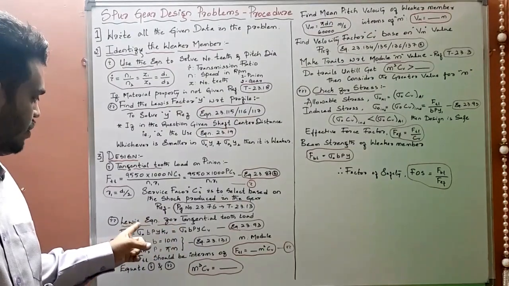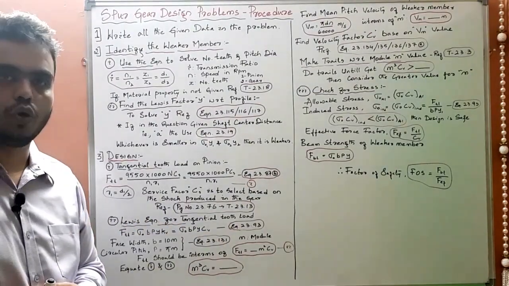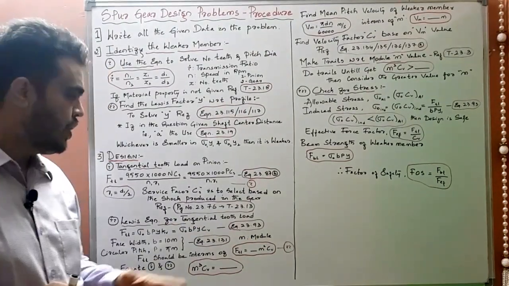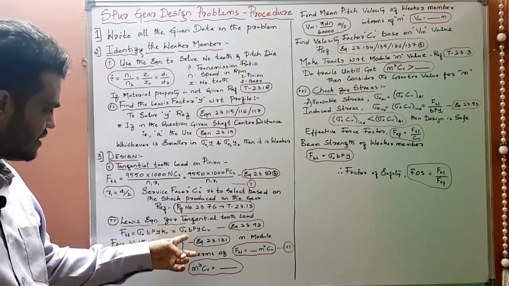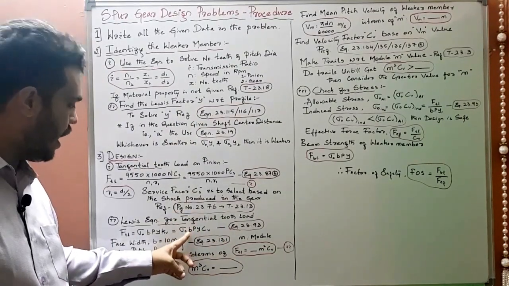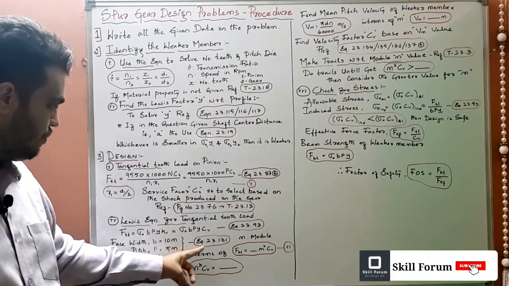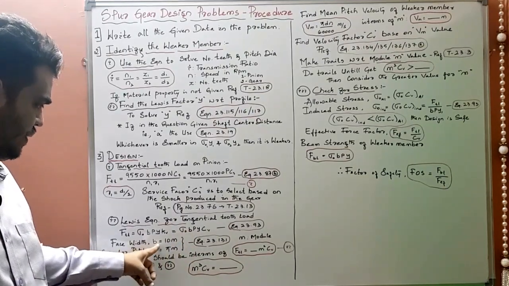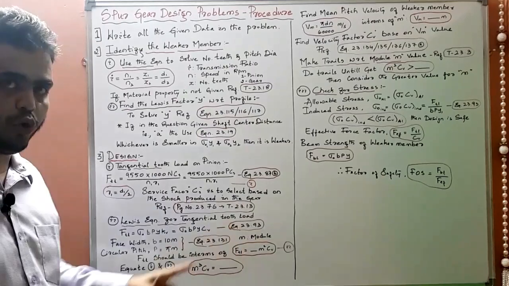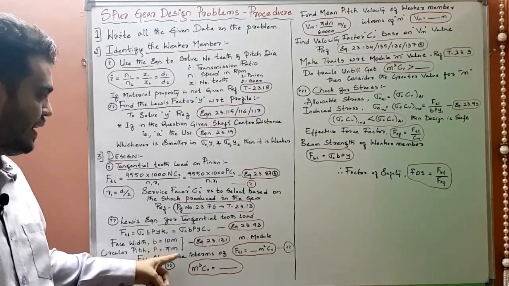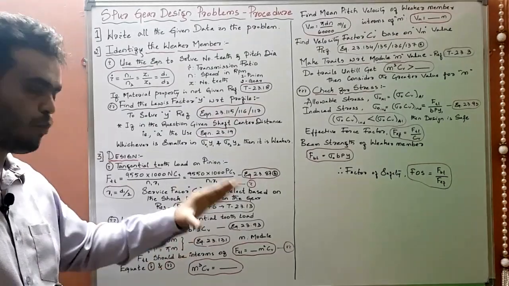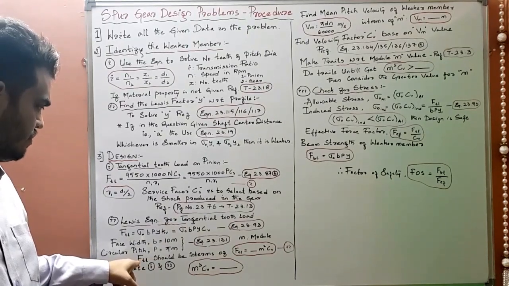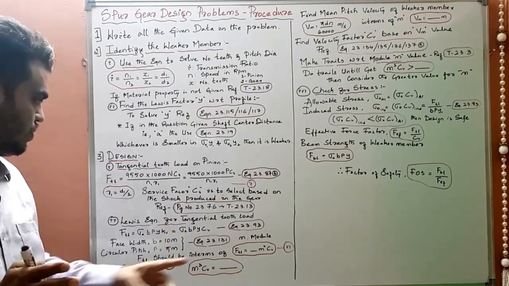Next you need to find the Lewis equation for tangential tooth load. For that we have equation number 23.93. Use that equation, and once you get it, analyze it. Sigma naught is already given. B, how do we find it? For that we refer to equation 23.131. So B is equal to 10m, where m is nothing but the module. Next P is pi m, the module. So in terms of module m, you need to keep the value. Next is CV, right.